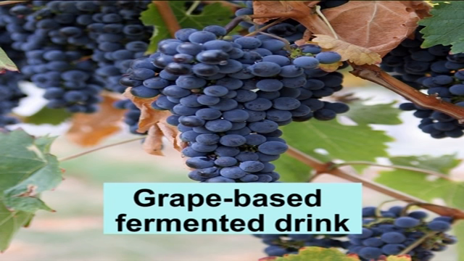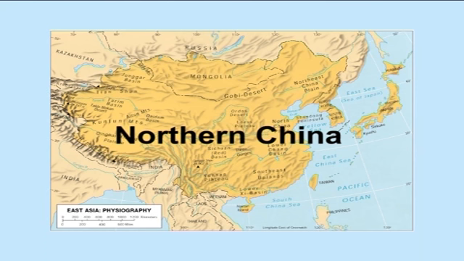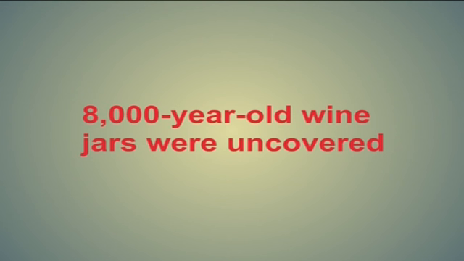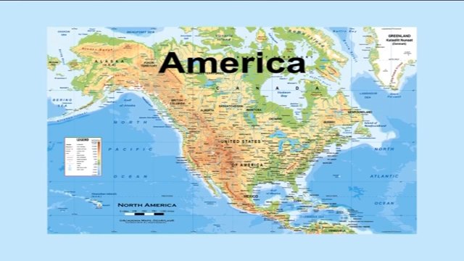Wine has been produced for thousands of years. The earliest form of grape-based fermented drink, however, was found in northern China, where archaeologists discovered 9,000-year-old pottery jars. The earliest evidence of wine to date was found in the Republic of Georgia, where 8,000-year-old wine jars were uncovered. Traces of wine have also been found in Iran with 7,000-year-old wine jars and in America with the